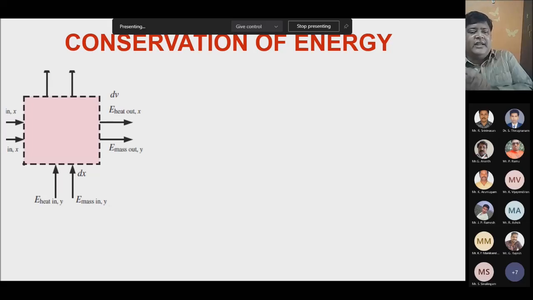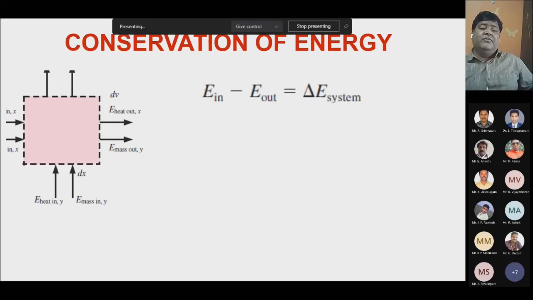Apart from it, if heat is entering, there are two energies entering the control volume. One is energy in the form of heat, another is energy in the form of mass. So you have to take both into account. Sometimes energy in the form of work is also there in thermodynamics, but in this case we don't take it. Suppose you supply electrical energy to the system and drive a motor; from thermodynamics, that is energy transferred due to work. Here we are not considering work, but we'll write the general equation.